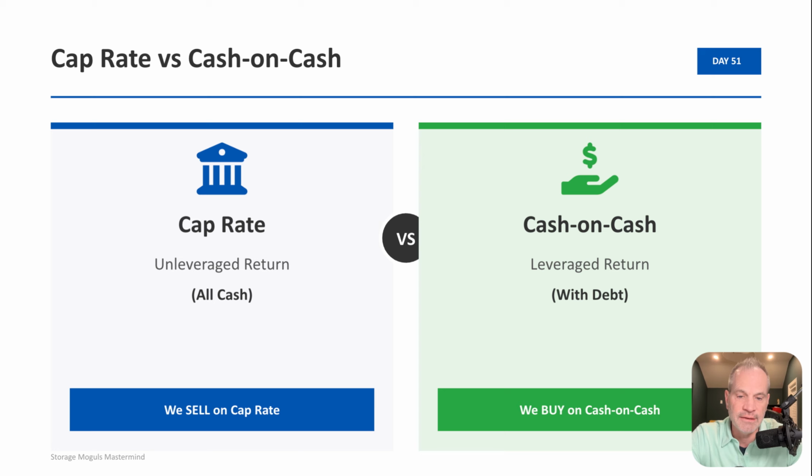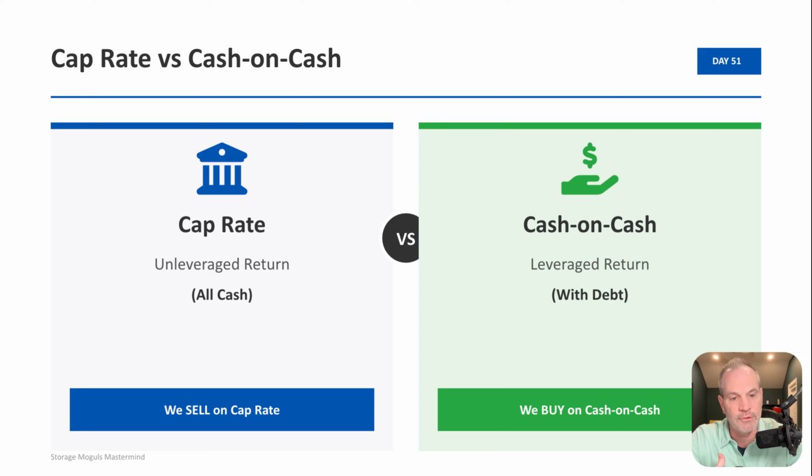On the other hand, cash on cash return is a leveraged return, meaning we have debt. It shows what you're earning on the actual cash you invested after the debt service. So it's NOI minus debt that's left over, and that's your cash on cash return based on your investment. This is a metric we focus on when we're buying a property, because it directly reflects our own personal return on the investment. Both are important, but they serve different purposes in your investment analysis. So knowing when to use each metric helps you